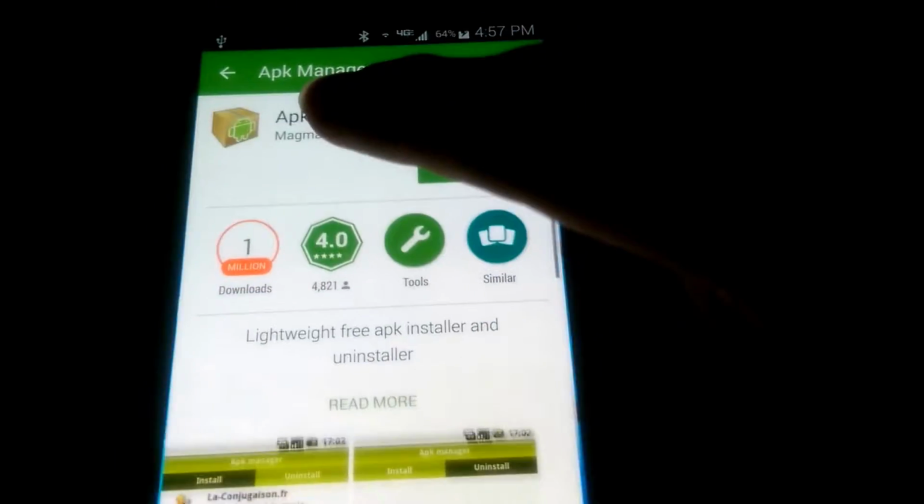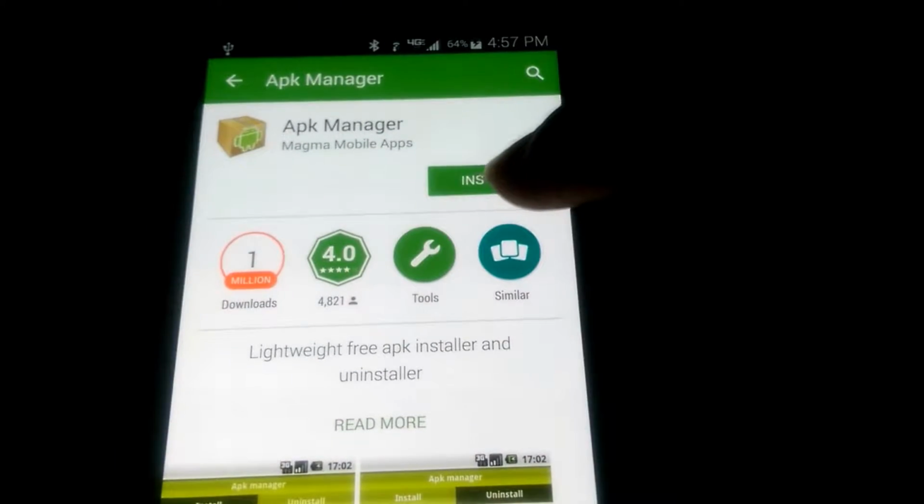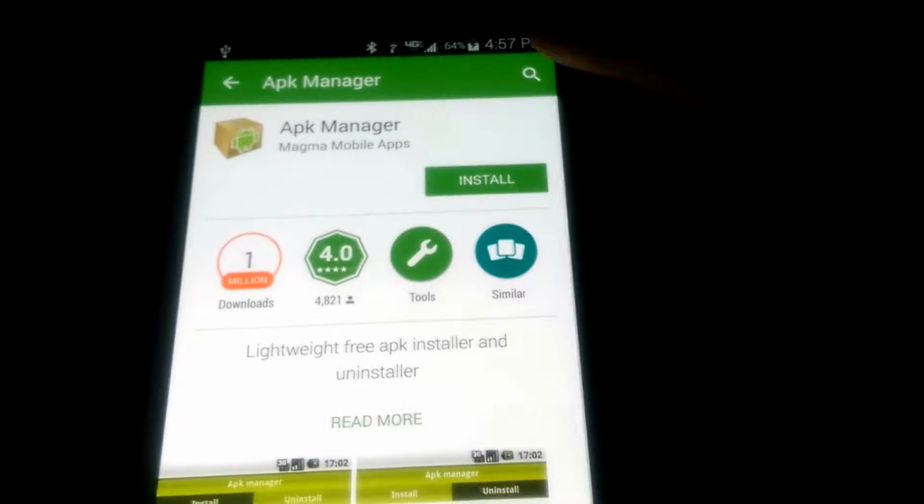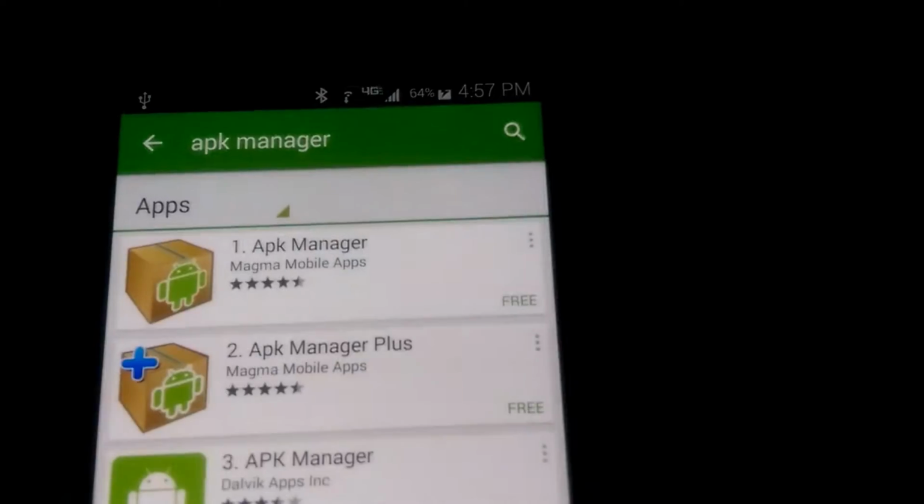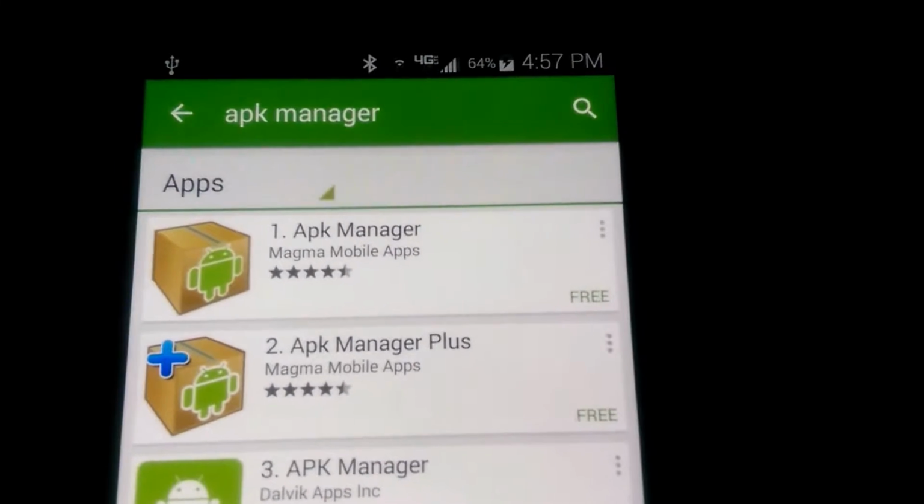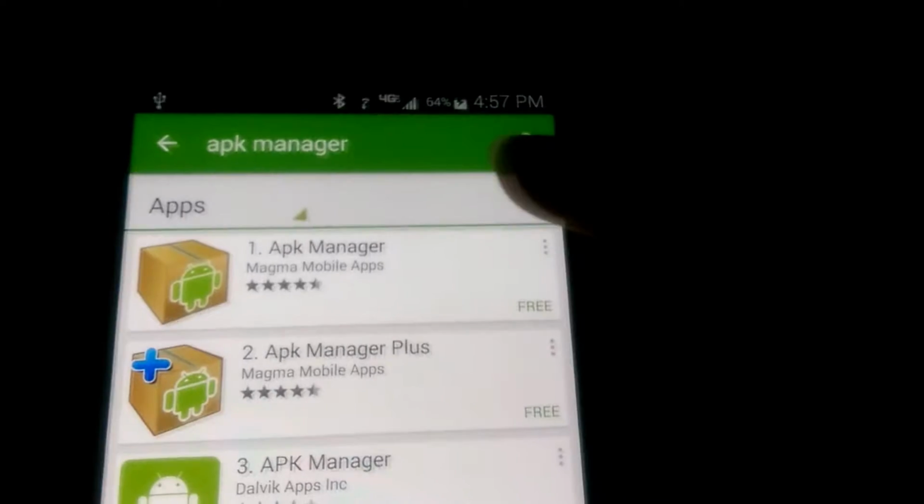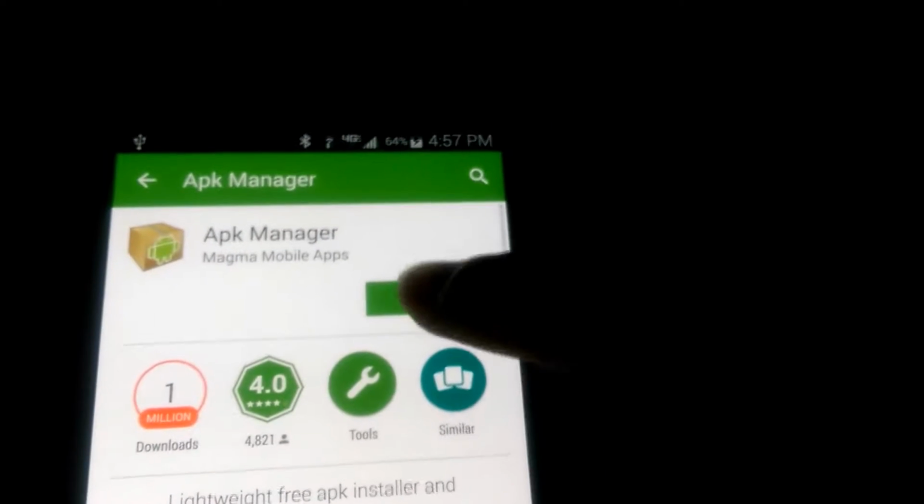and now we actually have to use the Google Play Store. We're going to go right into there, and we're going to install this application, APK Manager. So you can just search that. If you don't know how to find it, just search APK Manager, and this is the one. This APK Manager, you don't need the Plus version, it's free. So just go ahead and download that